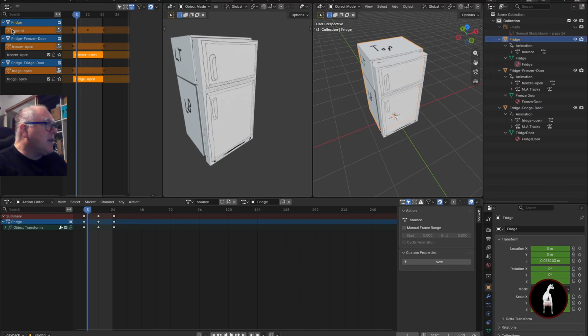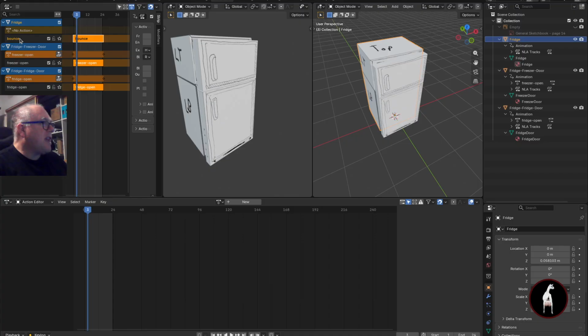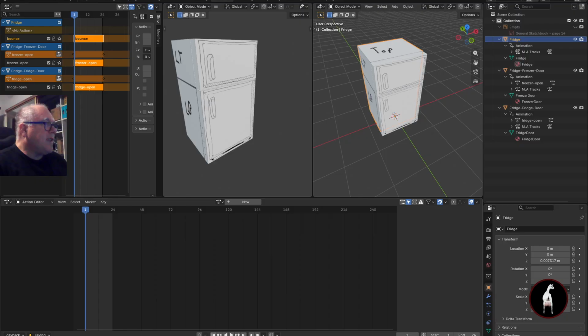And you can see up here, it showed up in the NLA under the fridge. So this button is called the push down action button. When you push that down, it gets associated with that object, and it's now in the NLA. Okay, so once I do this,